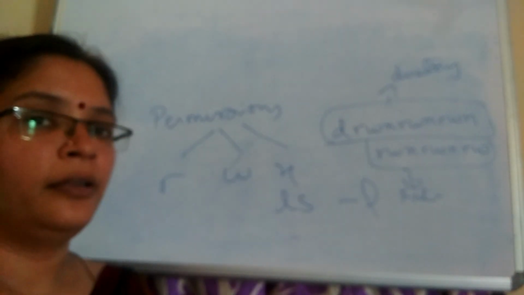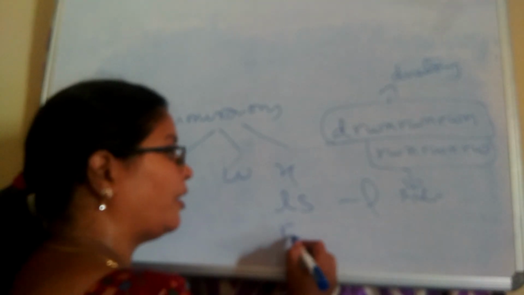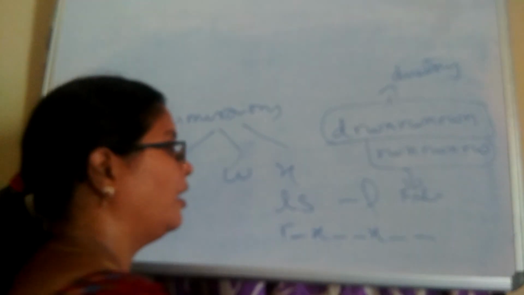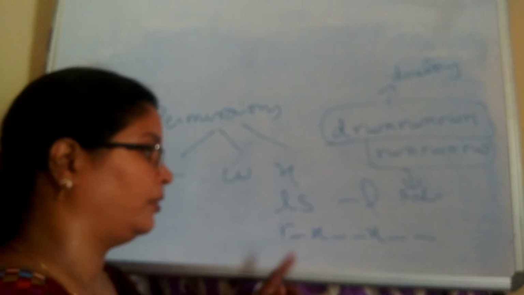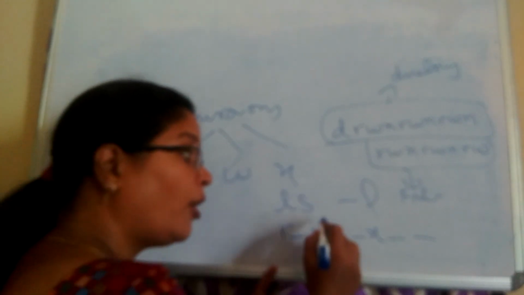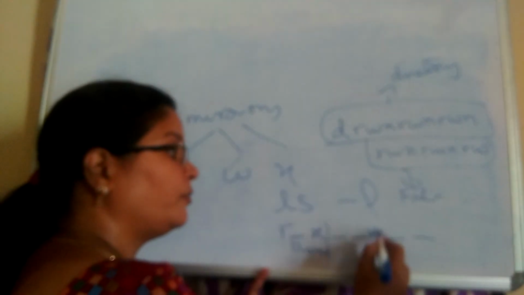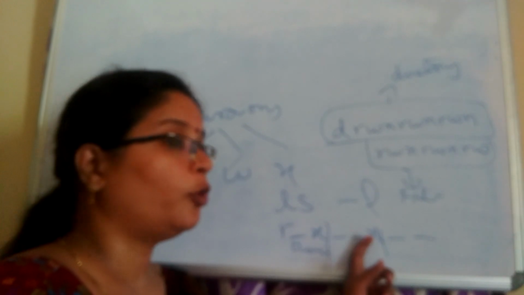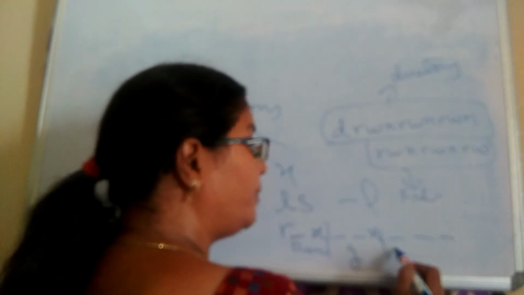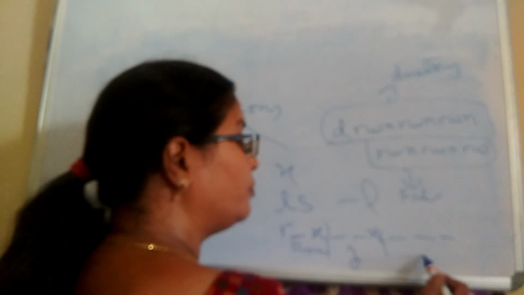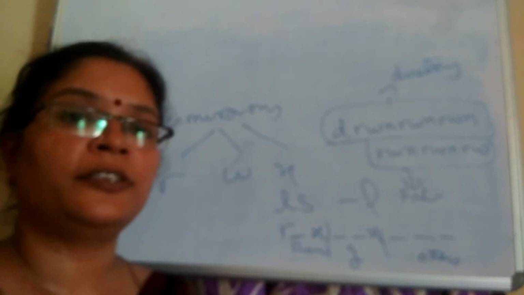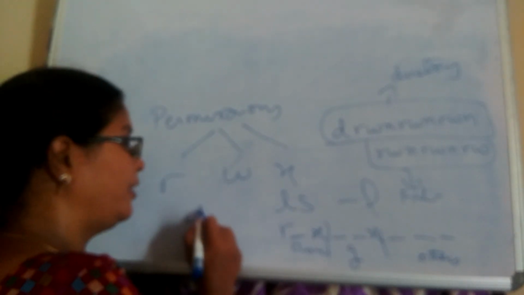These are the permissions that are given. Whenever there are hyphens, like r-x, --x and ---, a hyphen represents no permission. r is there, so read permission is there, no write permission, execute permission is there. For whom? Owners. And the next one: there is no read permission, no write permission, but execute permission is there. For whom? Groups. And there is no read permission, no write permission, and no execute permission for others. These permissions can be changed or modified with the help of a command called chmod.